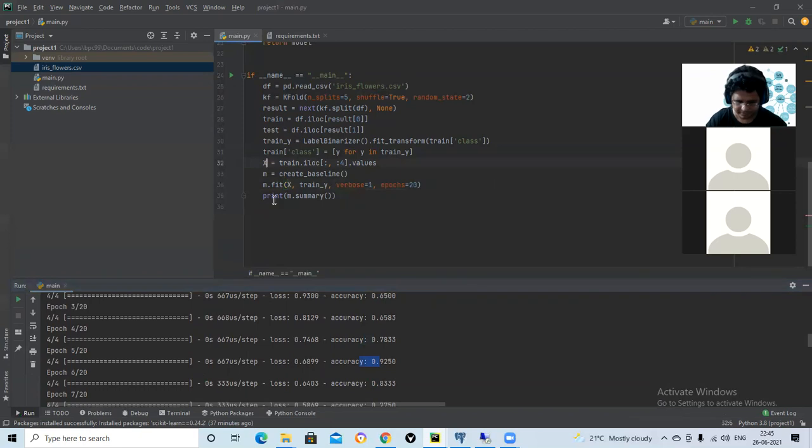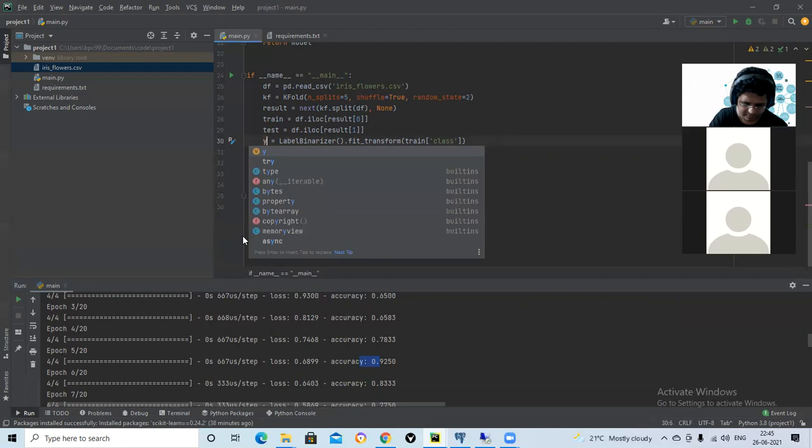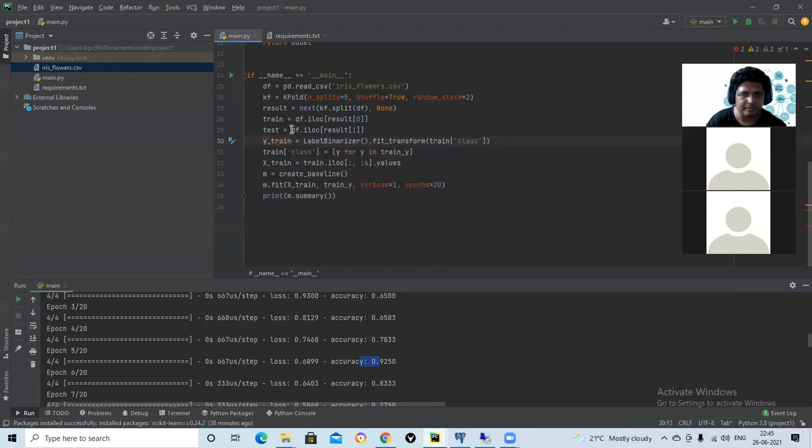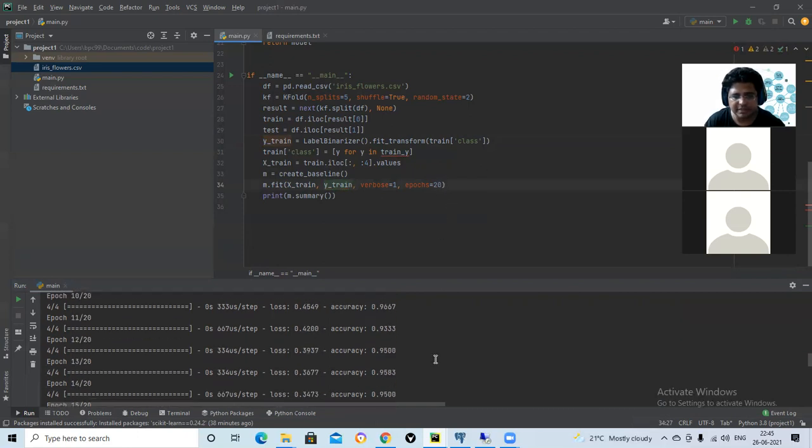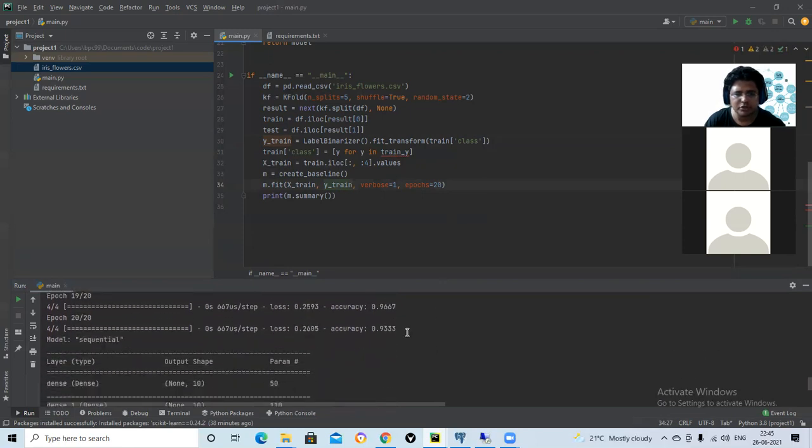So, Vishwa, here we said epoch is 20, right? Is there a way that we can automate it, so that the epochs go on till a certain accuracy comes? I'm coming from the background of KNN, where you choose how many neighbors. So similarly, something is present over here. As you see, I gave 20 epochs. You can give 30 epochs also. If you are achieving that accuracy in 20 epochs, then you don't need to unnecessarily give 50 epochs, right? So this is what we have to do manually.